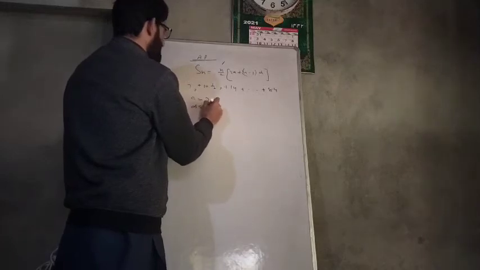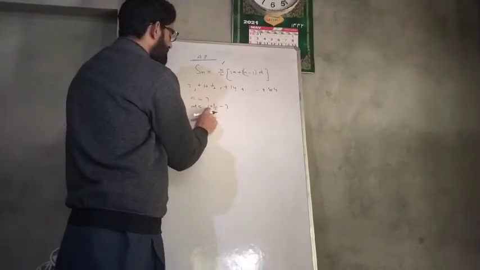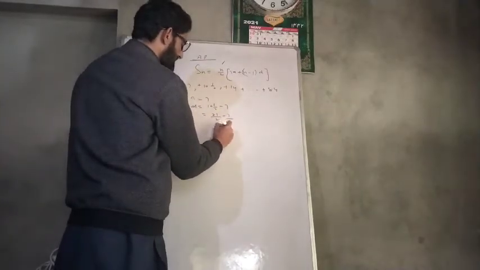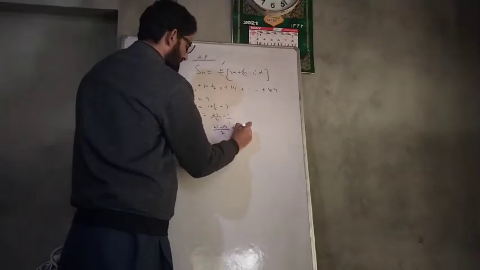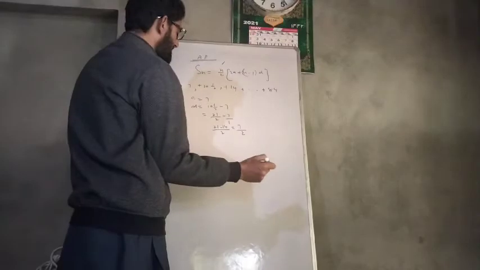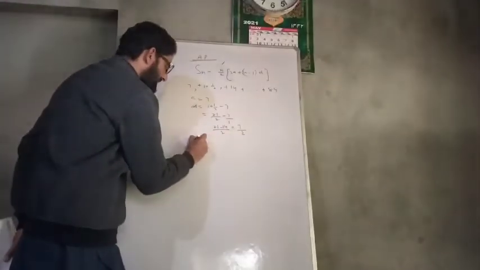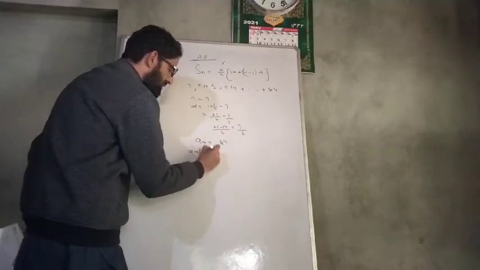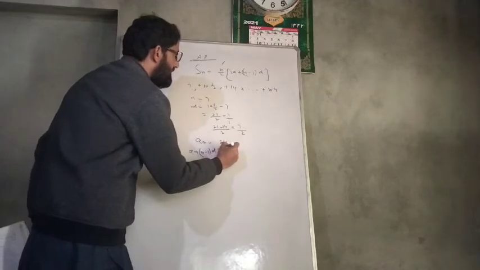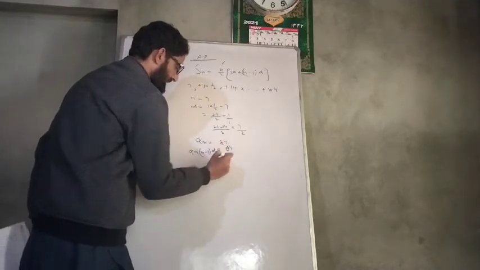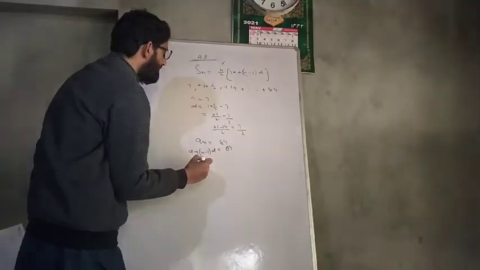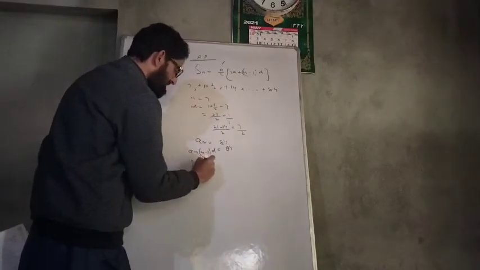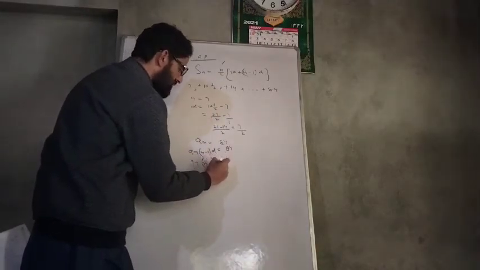What is d? d is equal to 10 and 1 by 2 minus 7. This is 21 by 2 minus 7, which is 21 minus 14 divided by 2, that is 7 by 2. So d here is 7 by 2. What is an? An is equal to 84, the last term. So a plus n minus 1 into d is equal to 84, or you can write here a is 7 plus n minus 1 into d, 7 by 2, is equal to